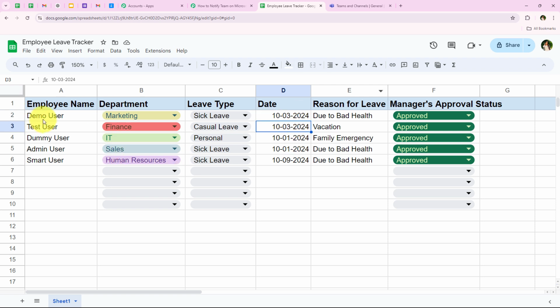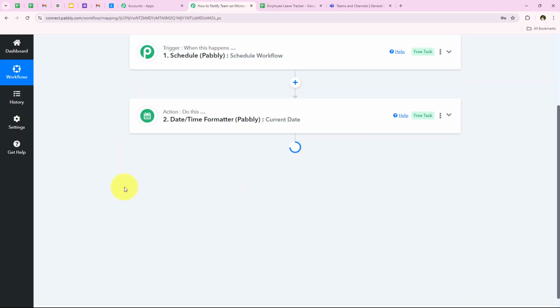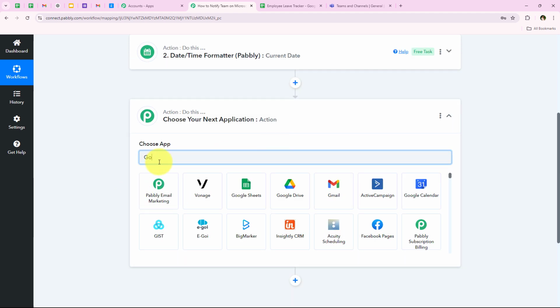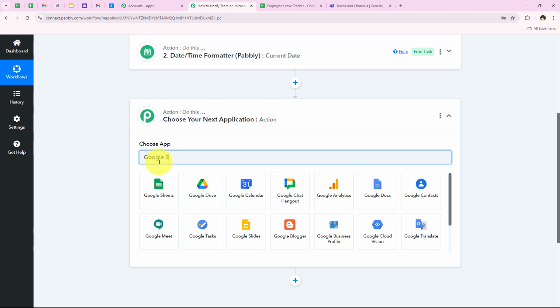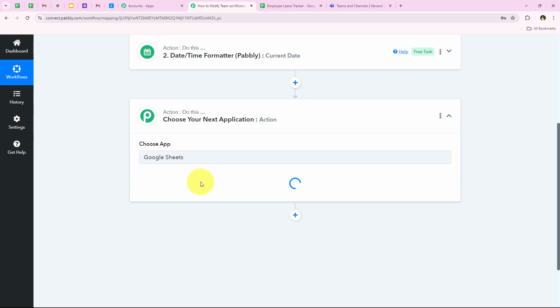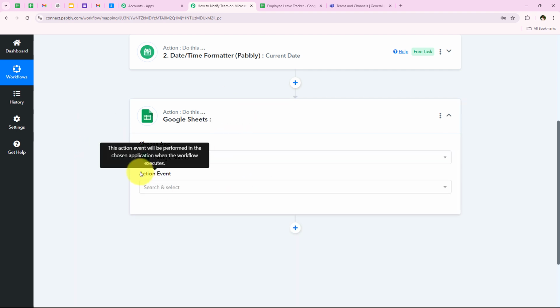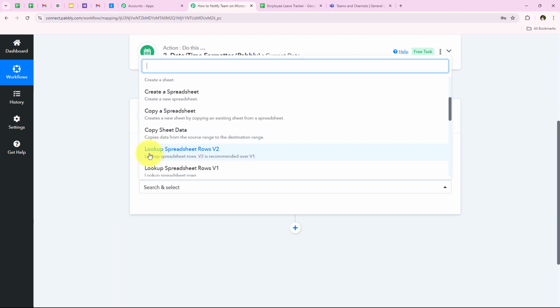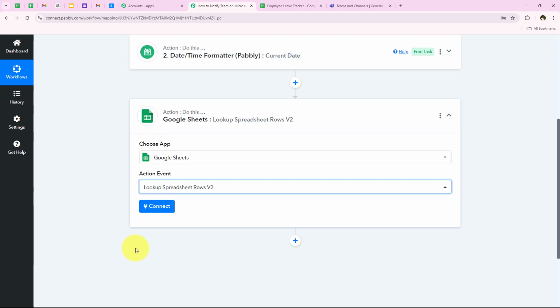So yes, I want to fetch the data of these 2 employees only, and in order to do that we are going to add another action step right over here. And now for my action application, I'm going to select Google Sheets. So I'm going to look for Google Sheets right over here, and as you can see the same, we are going to select it. And now for the action event, we are going to select lookup. Over here you can see lookup spreadsheet row v2, so we are going to select it,